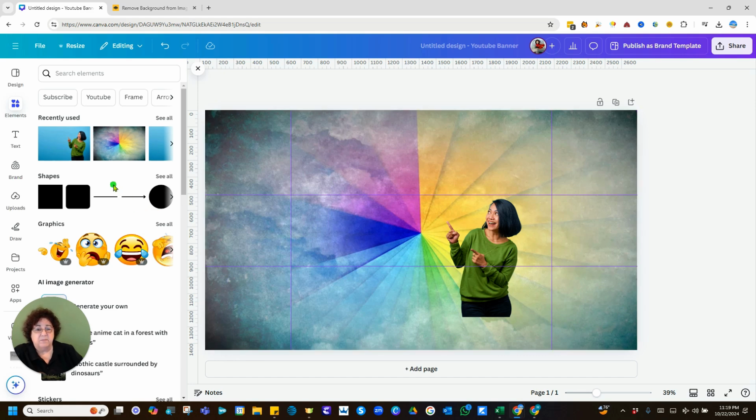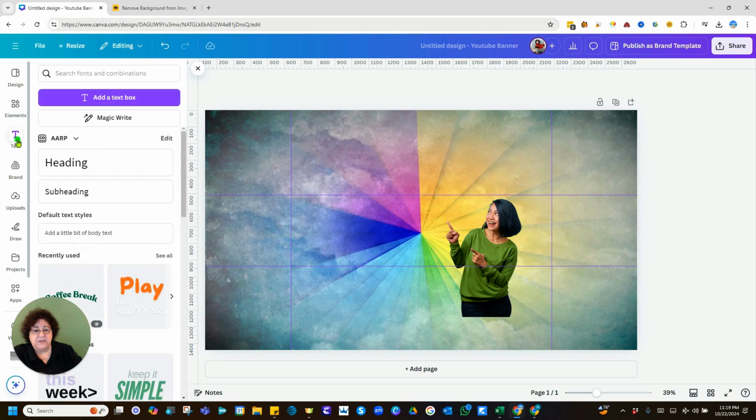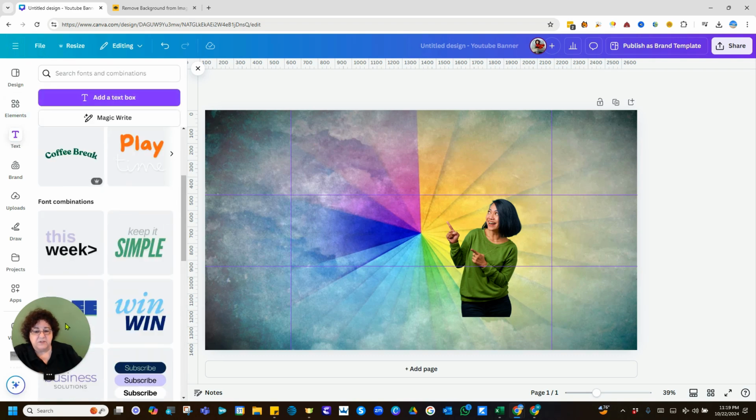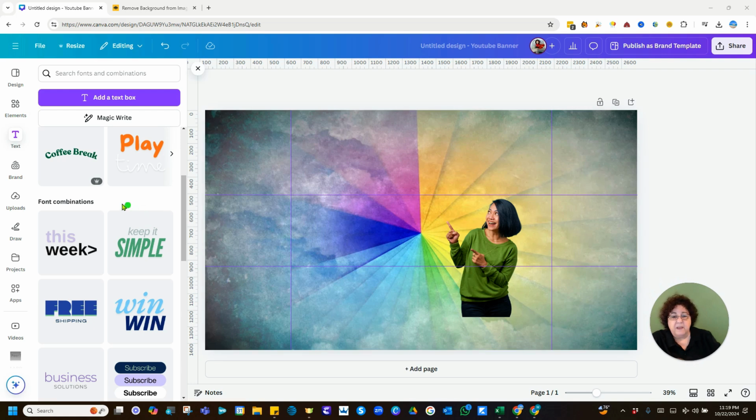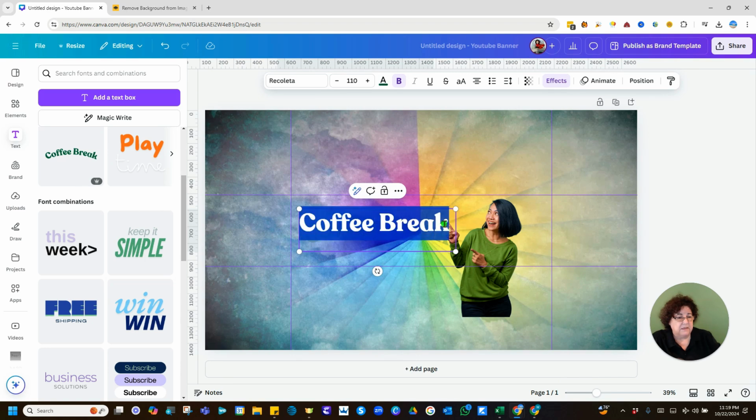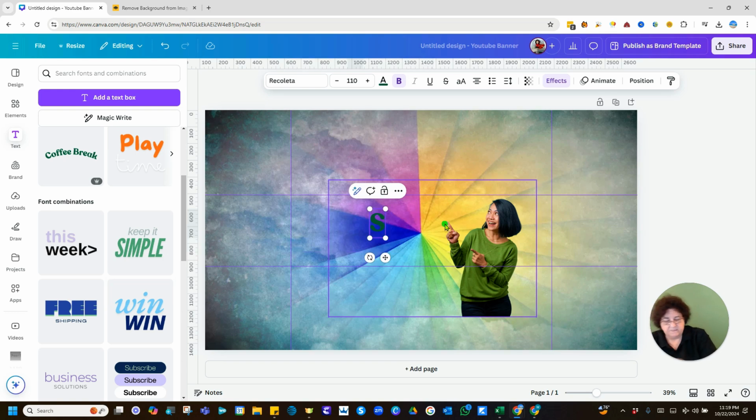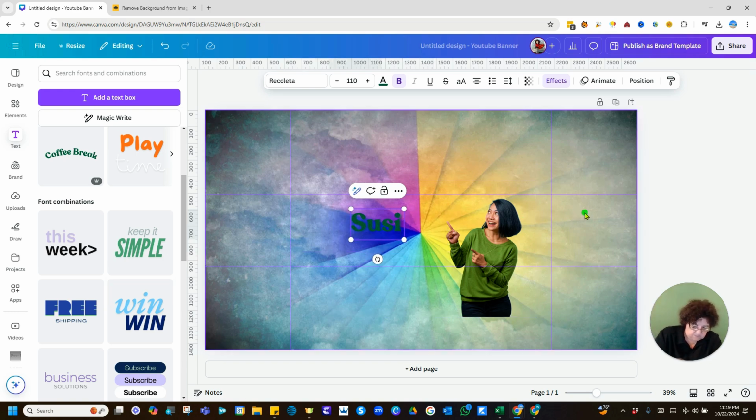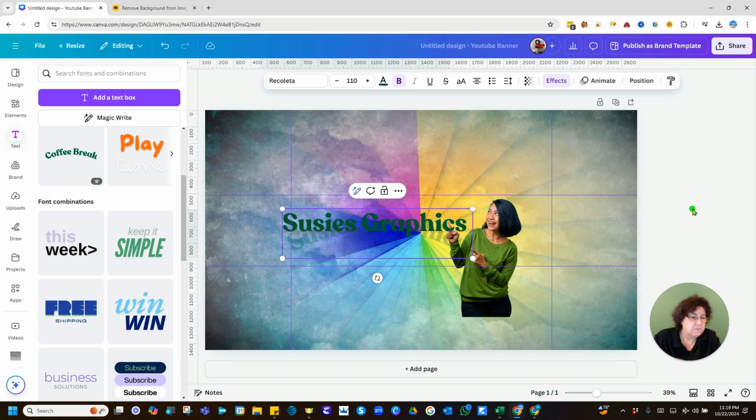Now let's put some text in there. We'll go here to text. I'm going to choose a specialty. Let me move myself out of the way here. I'm going to use a specialty text for her. And I think what I'll do is I will just type in here, Susie's graphics. Yeah, that looks kind of cool. And I like the way that the green is picking up